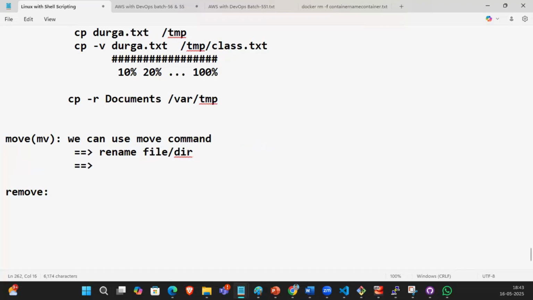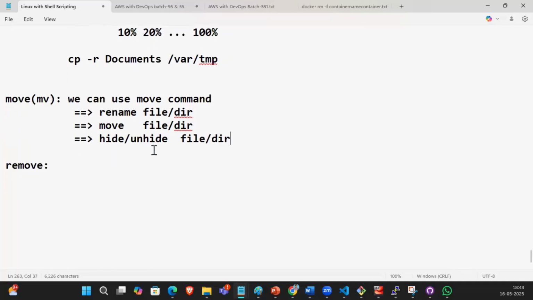Rename the file or directory and move the file or directory. And the third point is what? Hide and unhide a file or directory. Guys, understood? So by using move,